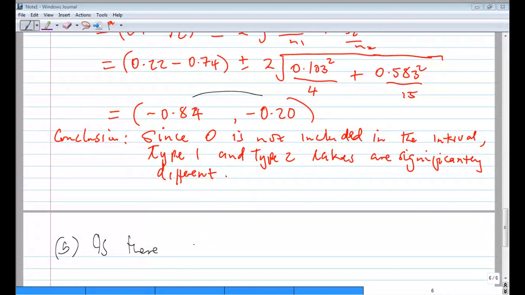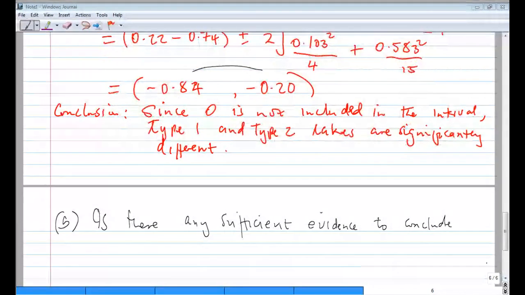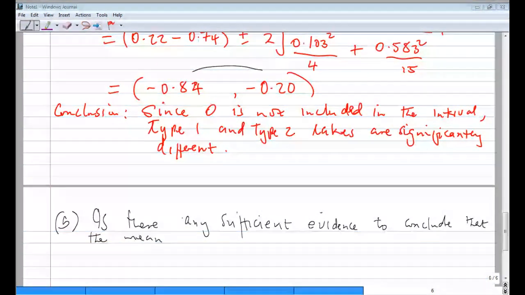Is there any sufficient evidence to conclude that the mean level